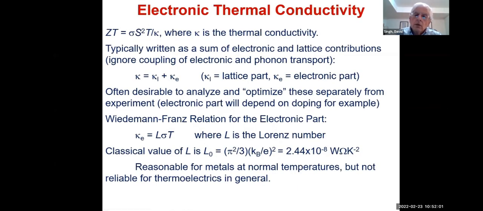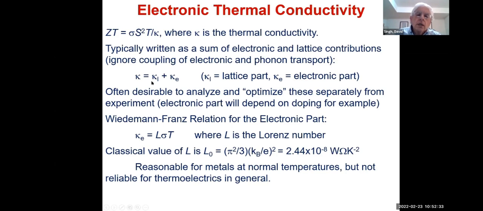All right. So the last topic that I want to talk about is the electronic thermal conductivity. The thermal conductivity is a very important parameter for thermoelectrics. Notice that it's in the denominator of ZT, and it's typically written as the sum of electronic and lattice contributions. That's an approximation. It ignores the coupling of electron and phonon transport. So if there's a strong electron-phonon coupling, then that's an approximation, and there's other things that you need to think